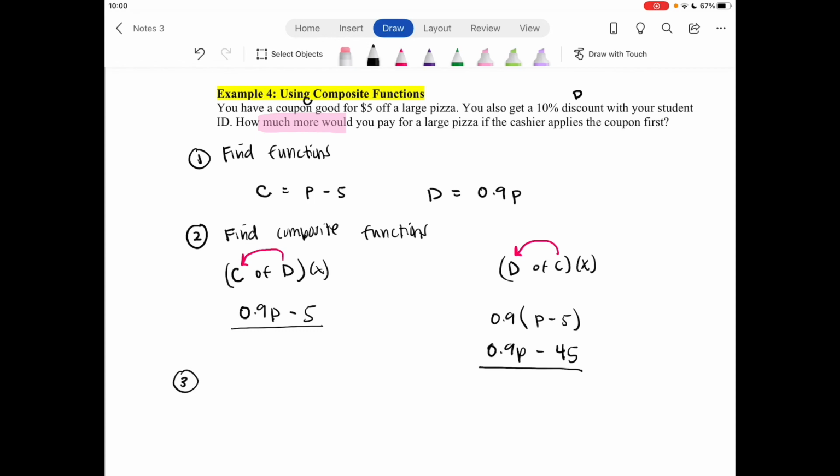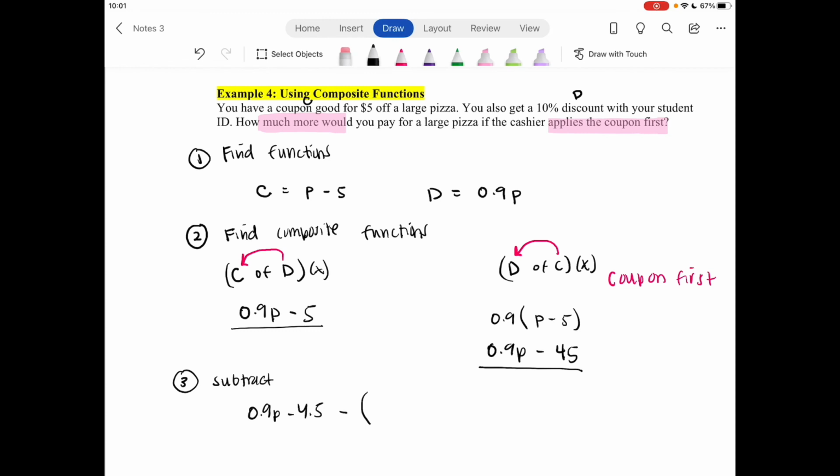Then lastly, for step number 3, we are going to subtract. And it asked how much more you'd pay for the pizza if the cashier applies the coupon first. Well, the second composite is where the coupon was applied first, which means we need to use that equation, 0.9p minus 4.5,